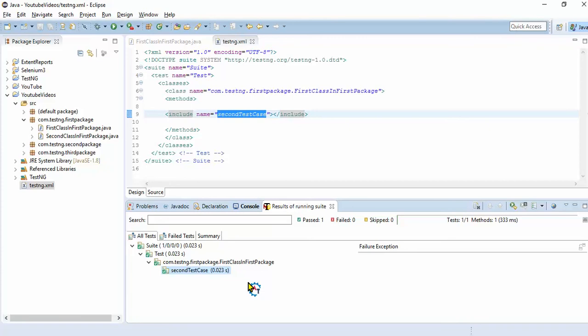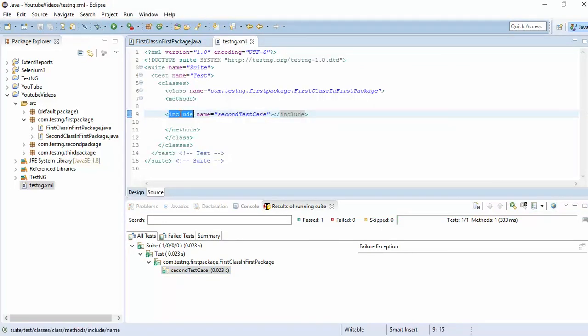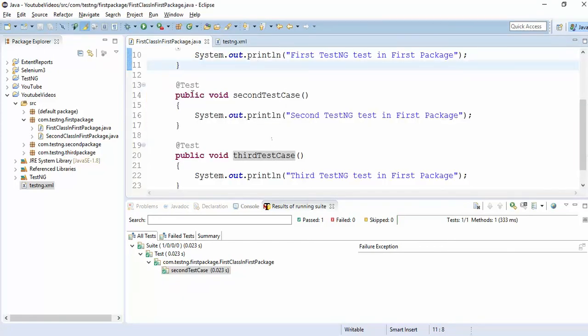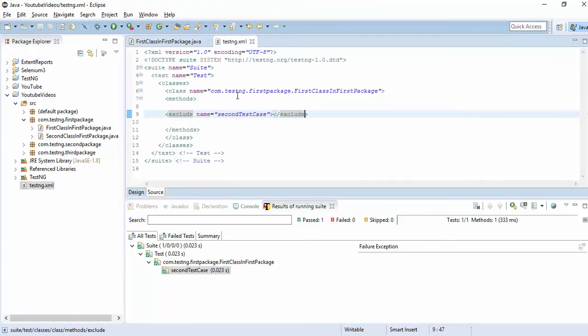Suppose you want to execute only one test case and exclude the remaining. So instead of that, you can say exclude. Now I want to execute only the first test case and the third test case. I don't want to execute the second test case. Instead of writing include two times, you just say exclude only this one.